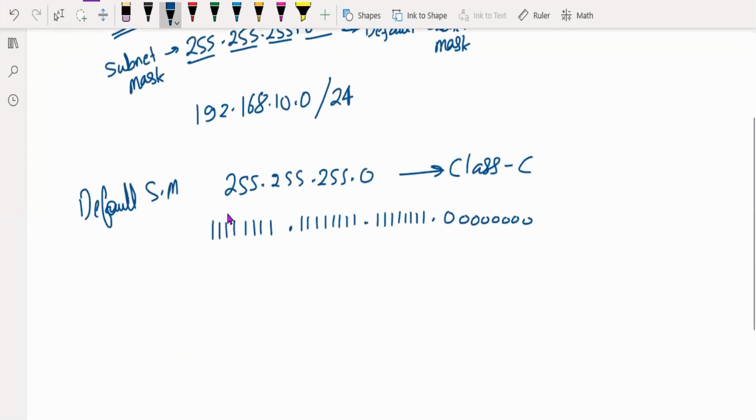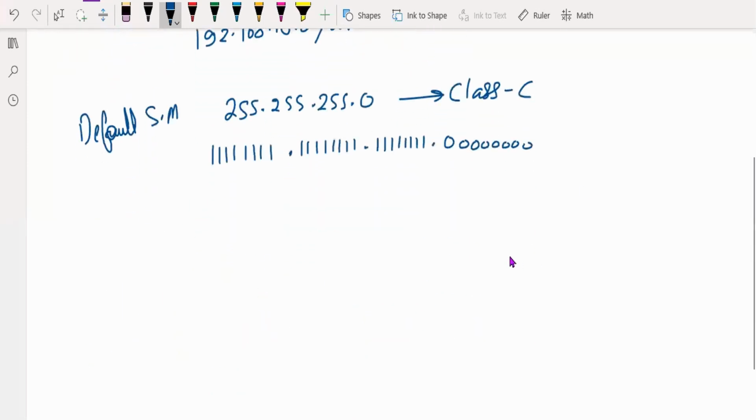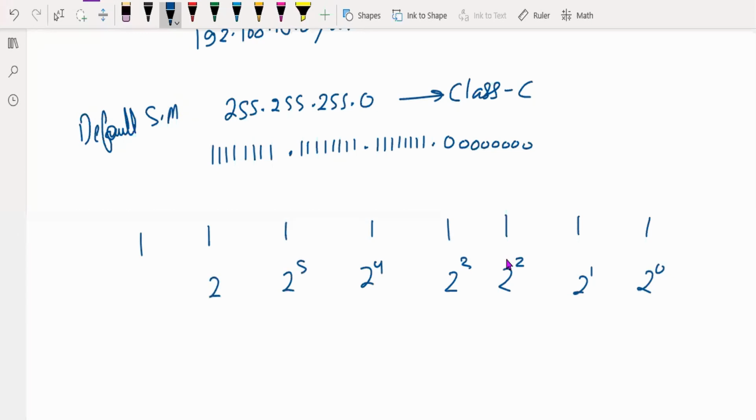If you convert this binary number into decimal, you will see that it adds up to 255. If I take 8 ones, this is 2 to the power 0, this is 2 to the power 1, 2 to the power 2, 2 to the power 3, 2 to the power 4, 2 to the power 5, 2 to the power 6, 2 to the power 7.